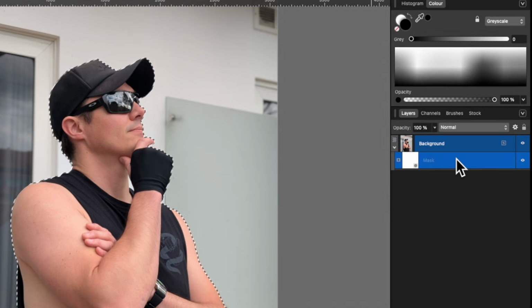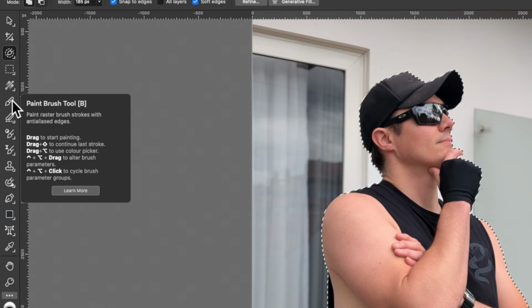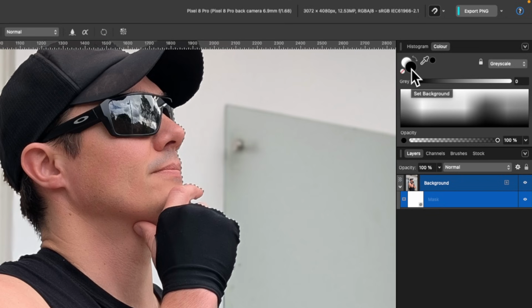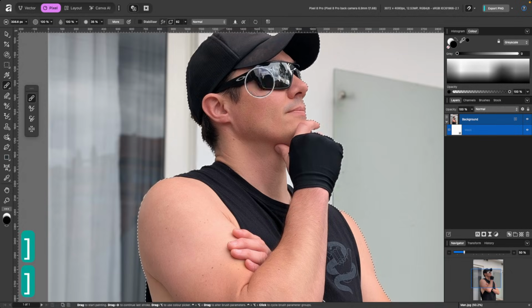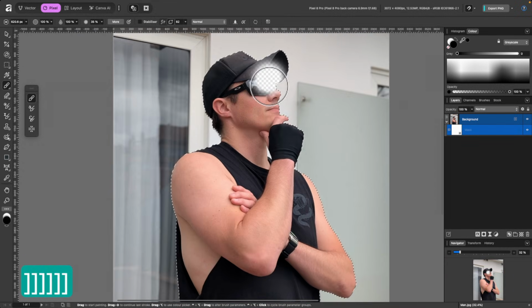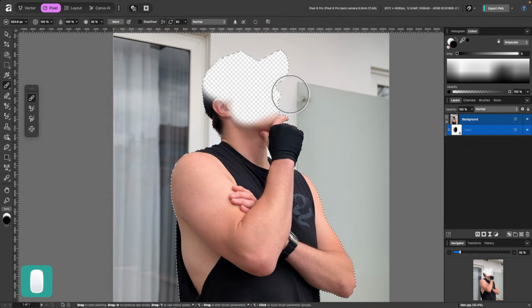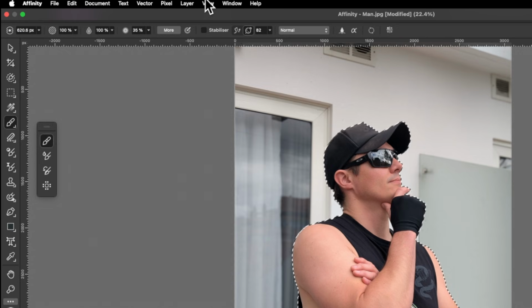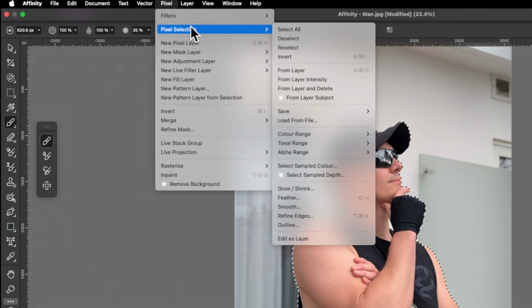I can go ahead and click on the layer mask, and again, we can use the paintbrush tool. So I've selected that, and you see right now I'm using the black color. So that's going to conceal. I'll just make it slightly bigger. And actually, I do not want to paint out the man like this. I'll press Command Z. I actually want to paint the background out. So just like we inverted the layer mask, we can also invert the pixel selection. A couple of ways to do this. Go up to Pixel, Pixel Selection, and then Invert. That's one way to do it. Or you could use the simple shortcut, Shift, Command, and I. So I'll just click this now.